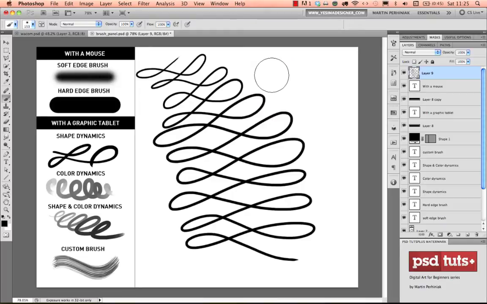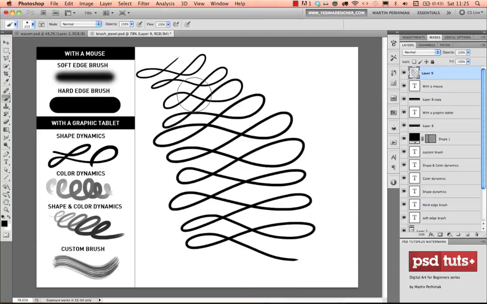If you are a Mac user, it's Control and Alt. Be careful, it's not Command. It's Control, Alt, and click and then drag right, left, up, and down. If you are a PC user, it's also Control and Alt, but then you need to use right click. Okay. If you have a tablet, on the pen you can set up the right click for the buttons on your pen. I found this the most useful way to change these two basic attributes of the brush, so the